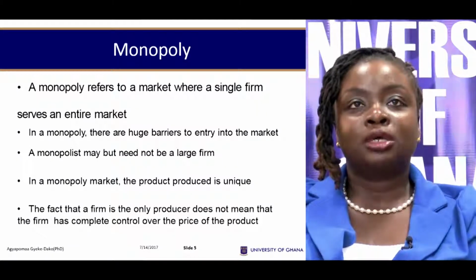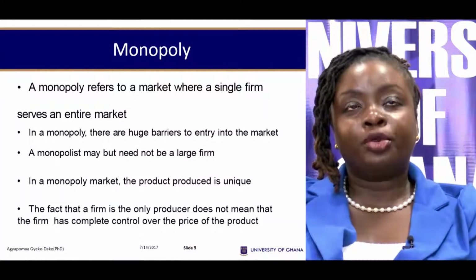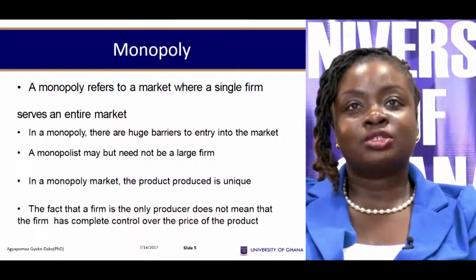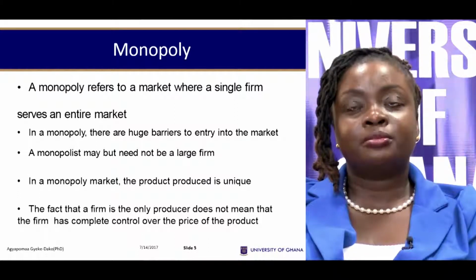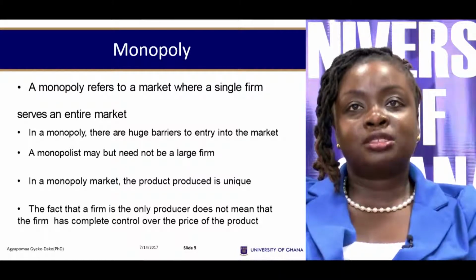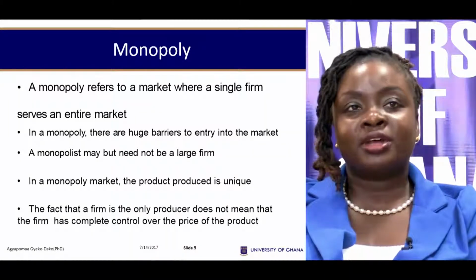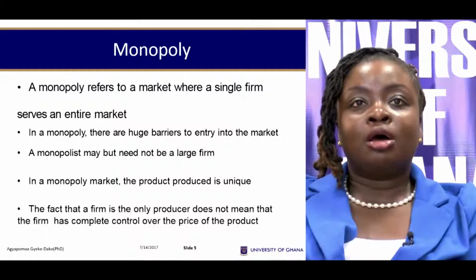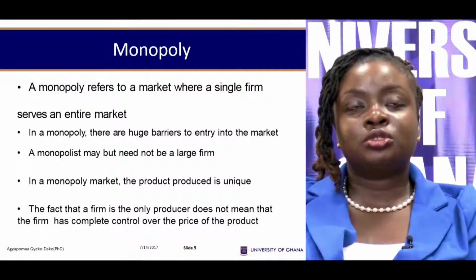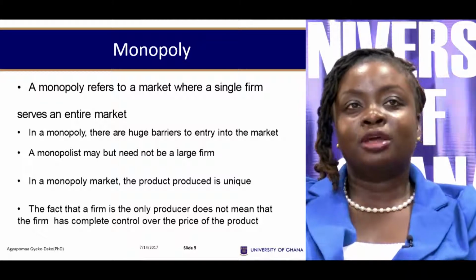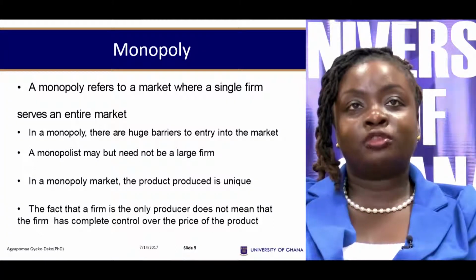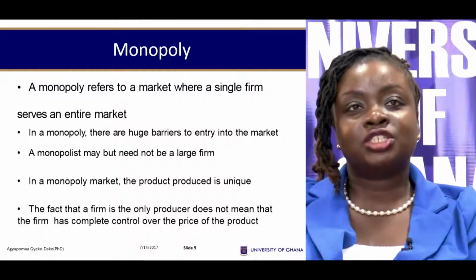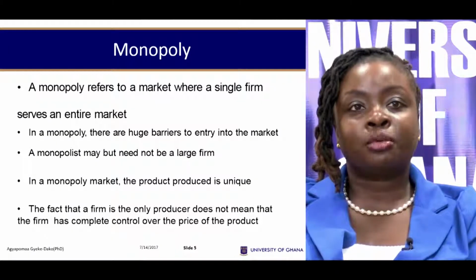Now, when we talk about an industry or a market being a monopoly, we are talking about a market that has only one firm. If that market has just one firm, it simply means that the product it is producing is going to be a unique product. So that product would have no substitute. Because that product has no substitute and that industry has just one firm, the firm is the same as the industry, and the firm would have a substantial degree of control over the price of the product.